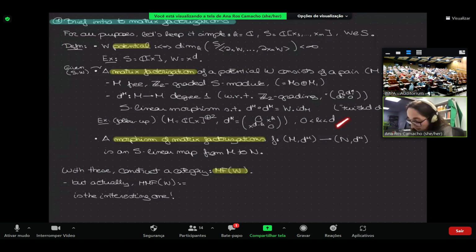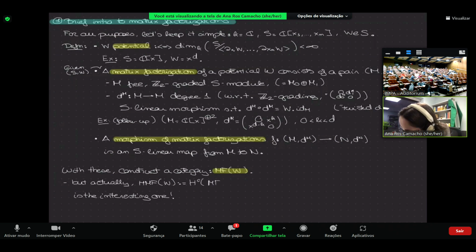So now that we have a matrix factorization, I can introduce what is called a morphism of matrix factorizations, because everything I want is like constructing a category, as I was motivating in the beginning. One can take a morphism of matrix factorizations to be an S-linear map from M to N, no further constraints. But if you construct the category with these as they stand now, you will get a differential Z/2-graded category, but I am actually going to be interested in the zeroth homology of this category.